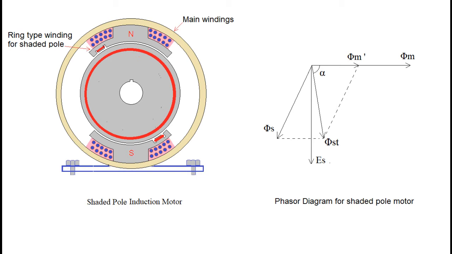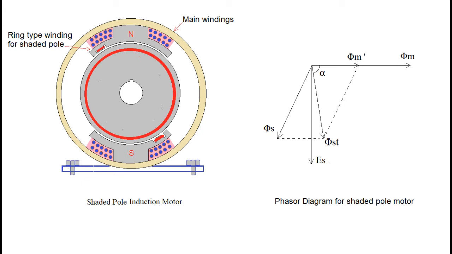If we compare working of earlier motors, then we see that main and auxiliary winding fluxes were responsible to produce starting torque. In some cases, auxiliary winding doesn't have any role in running condition. The basic requirement of two fluxes with time difference for starting period is fulfilled in shaded pole motor using small winding in shaded portion of the pole. This ensures that motor will be self-starting.